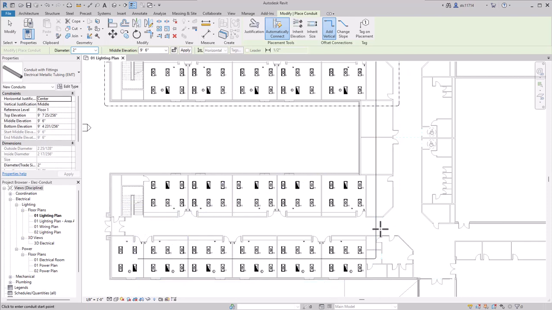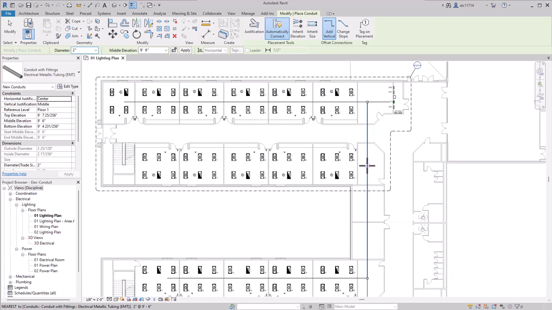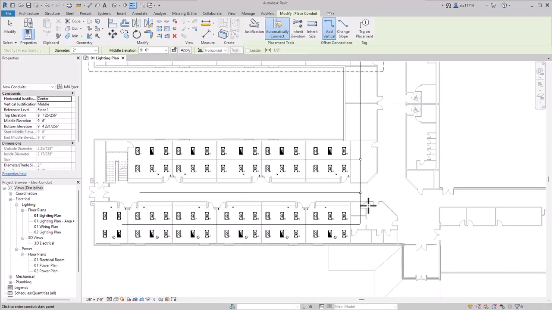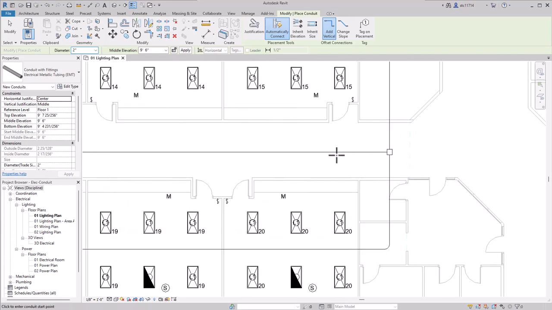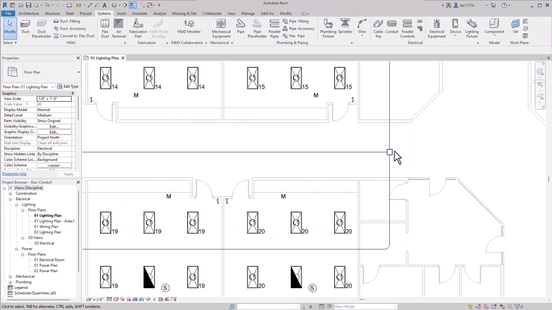Next, I'm going to add conduits in each hallway and each row of classrooms. So while we don't see any lighting in the hallway just yet, we will add some later, so we want to make sure we have some conduits there. And then I'll continue to do the same thing on the rest of the rooms. So you'll notice that down here at the very bottom, I got the 90 degree fitting and turn, but anywhere else where I'm branching off of it, I get a junction box. So this is typically required by code. Anytime you change directions with your wiring, it's got to go through a conduit box.